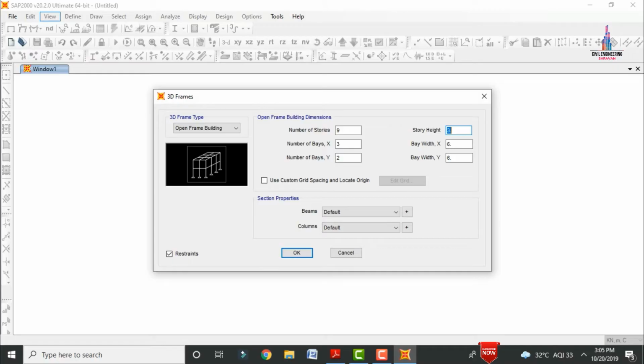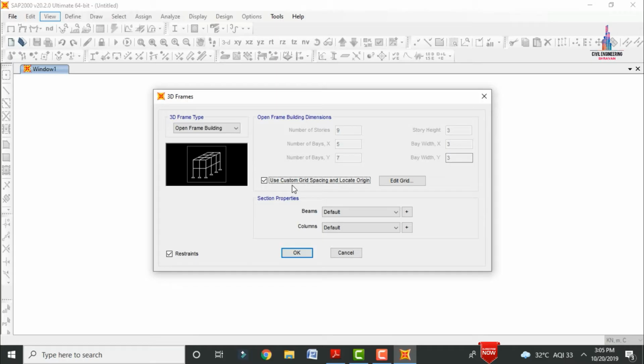The story height will be approximately 3 meters, and we have to enter the number of bay lines in the x direction. The number of bays along the length direction will be 5 as per the typical floor plan, and the bay width I am randomly taking as 3. The number of bays along the y direction we have to enter here. As per the consideration, the number of bays along the y direction will be 7, and each grid will be 3 meters, let us assume.